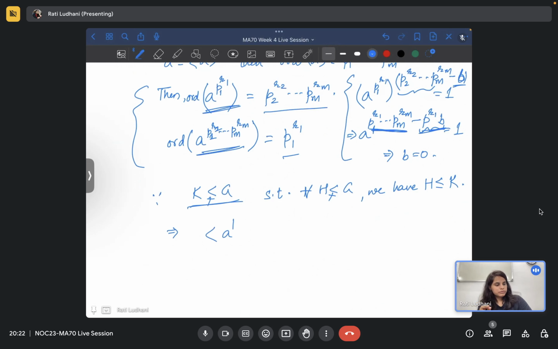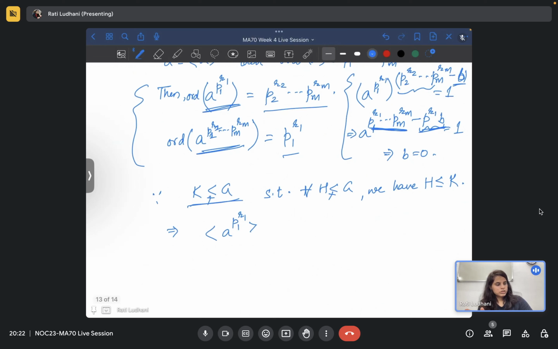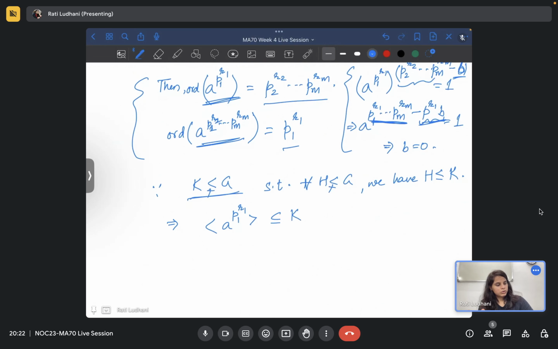We know that p1 raised to power r1, this is a subgroup, so this will be in K also. If you take p2 raised to power r2, even I don't need the earlier statement, but anyway, so this implies,